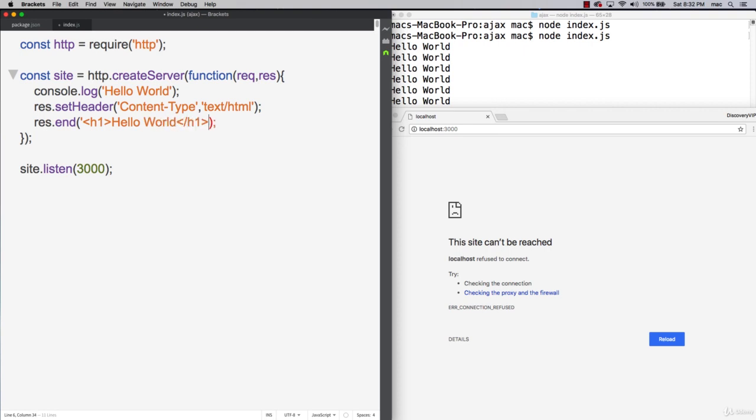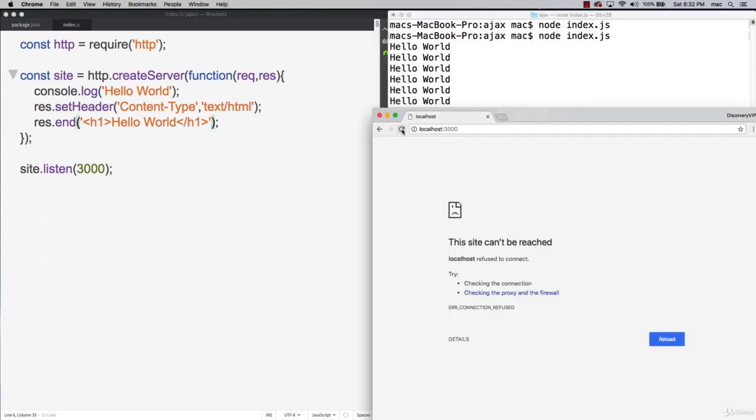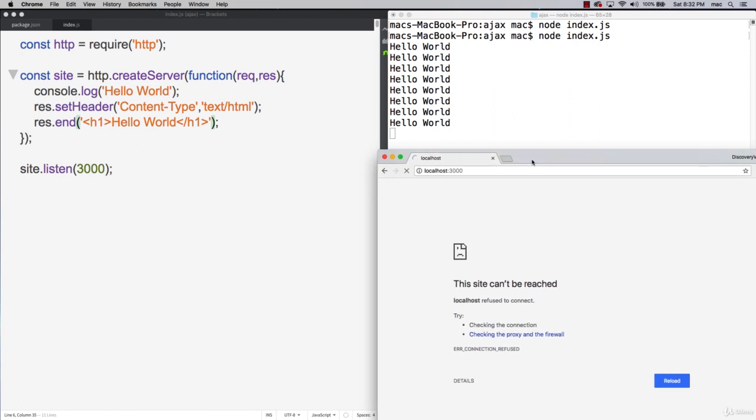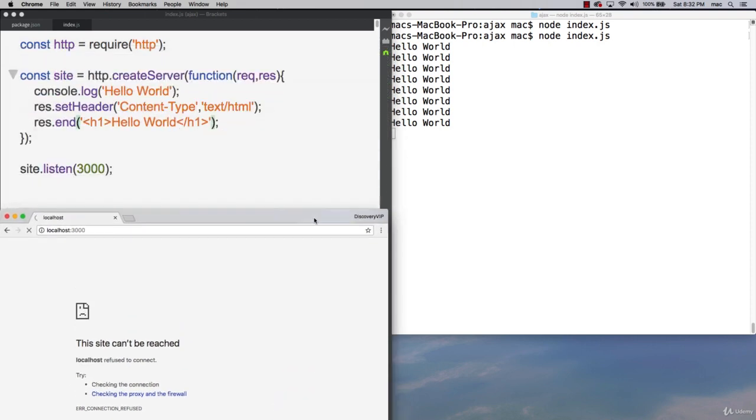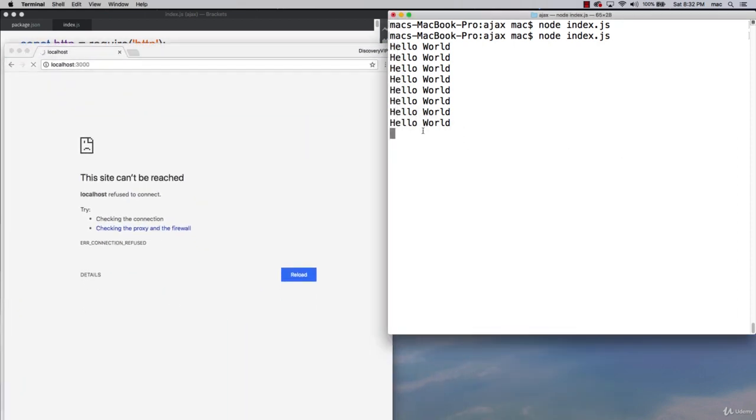And h1, and close that h1 off. And now let's go back to the page and we'll see what happens. And of course, we have made changes to our code. So what we actually need to do, before we try to get any of those outputs, is stop our server from running. So you can do that with